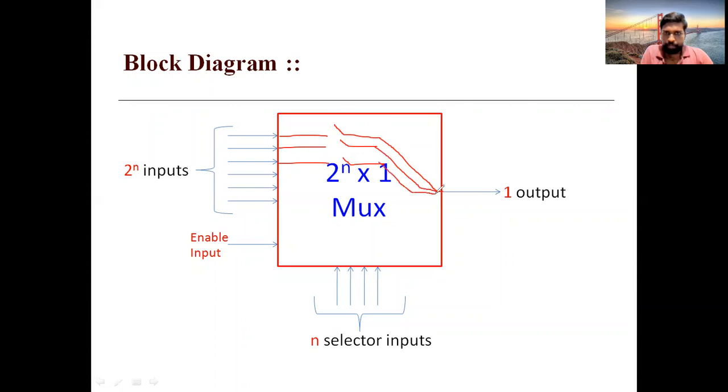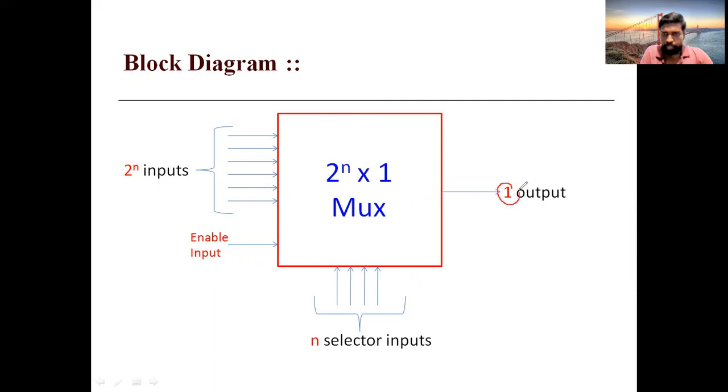Depending on these values, the respective switches will be closed or open. They will close or open depending on these values. These switches inside will be on and off, and then this circuit will generate the respective output. Remember that